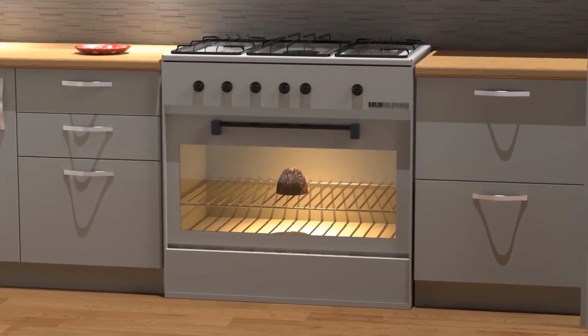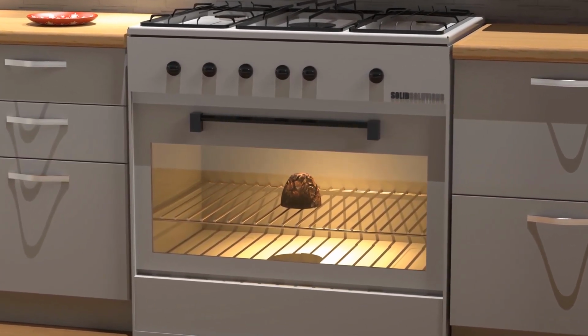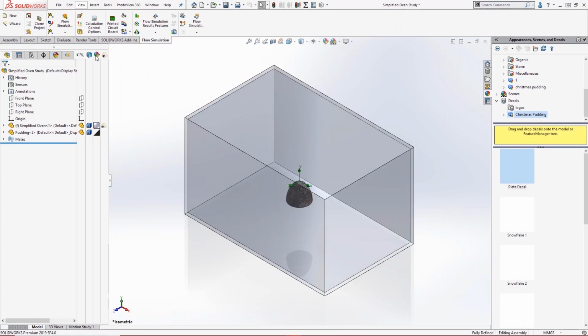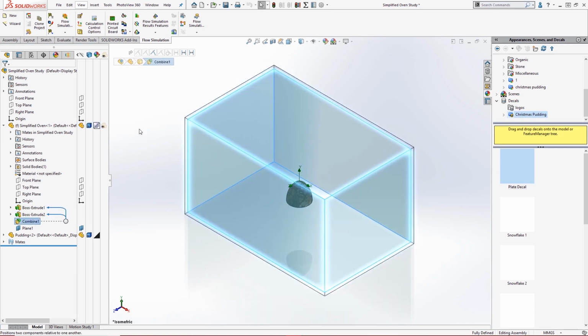Before we can cool anything though, we first need to heat it up. It's time to steam our pudding in the oven at 160 degrees for an hour. I've simplified our conventional oven into a box of equal volume and position the pudding inside at the level of